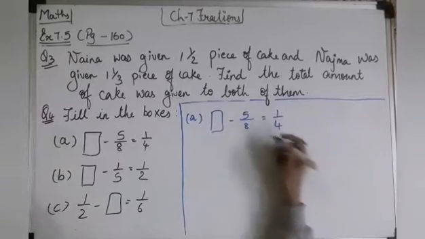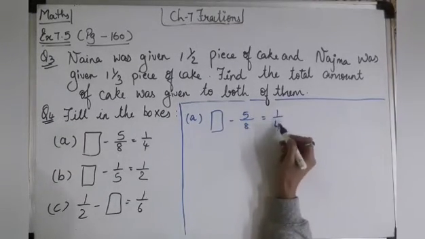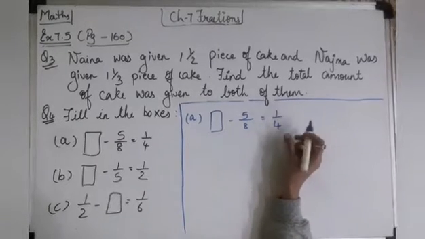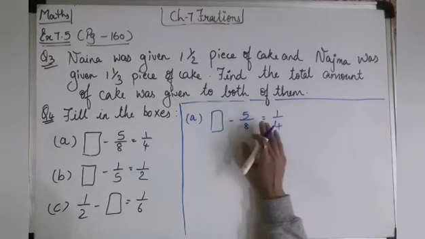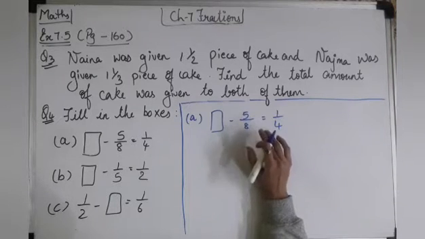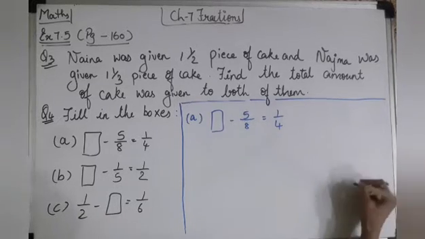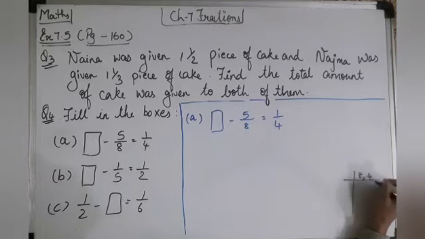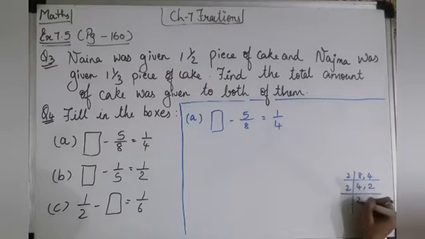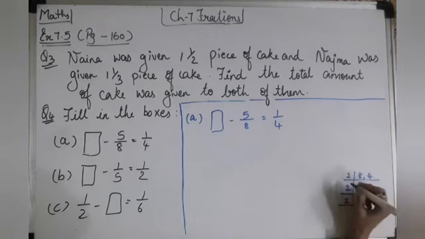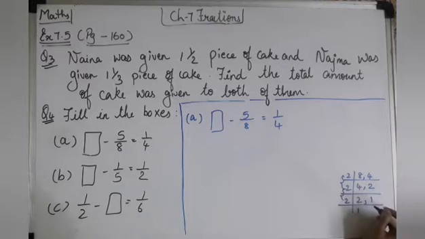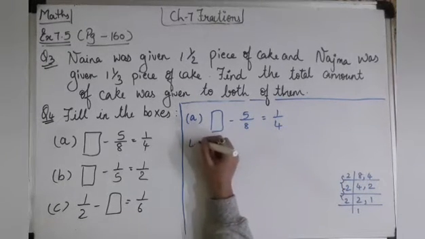But at that time, it was a like fraction. Denominators were same, but now the denominators are not same. So for solving this, we have to convert this unlike fraction to the like fraction. So we have to take out the LCM, okay? So 8 and 4. 2 2s are 4, 2 2s are 4, and 2 1s are 2, then again 2 1s are 2. Okay, we'll multiply. 2 2s are 4 and 4 2s are 8. So we got the LCM 8.